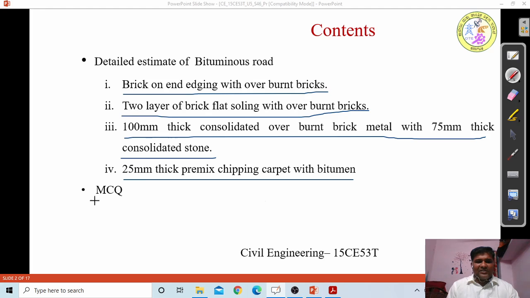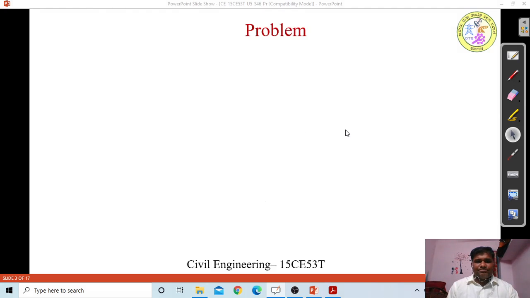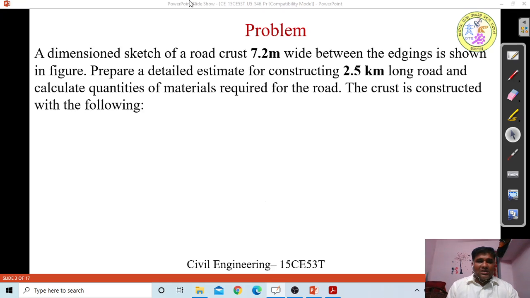And finally there will be multiple choice questions that should be answered. So this is the problem. The problem says that there is a cross section of a road 7.2 meter wide between the edgings, as shown in the figure, and we have to prepare a detailed estimate for construction of 2.5 kilometer. So 2.5 kilometer means